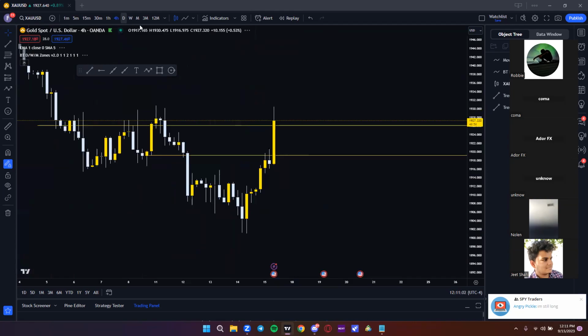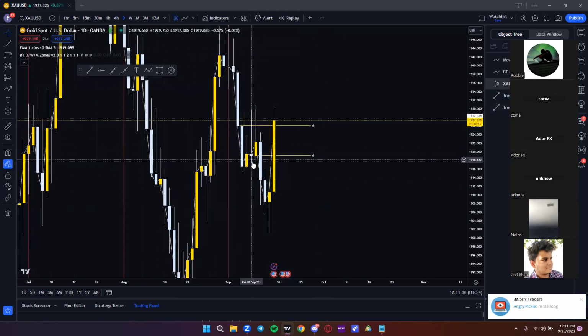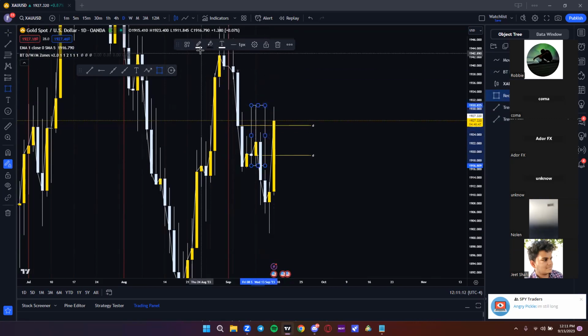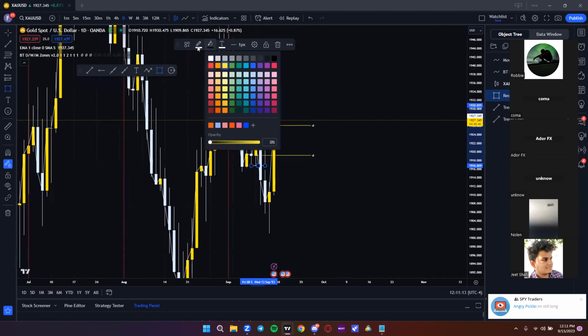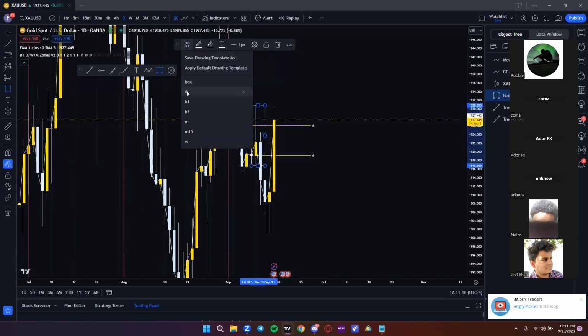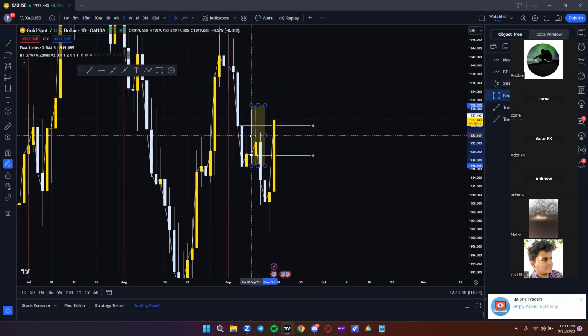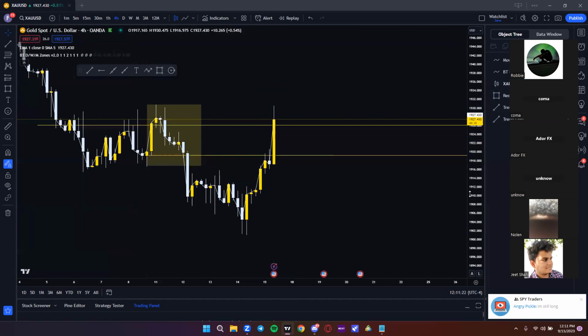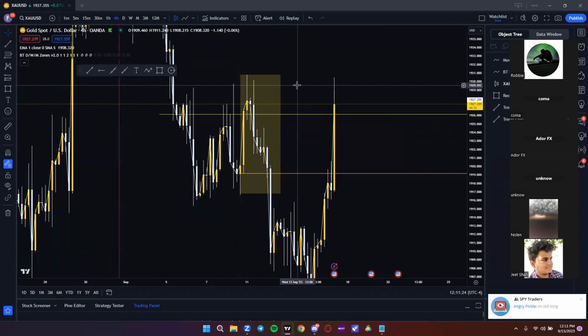Drop down to H4. So within this daily candle, we can see that there is an H4 level that caused price to break out from